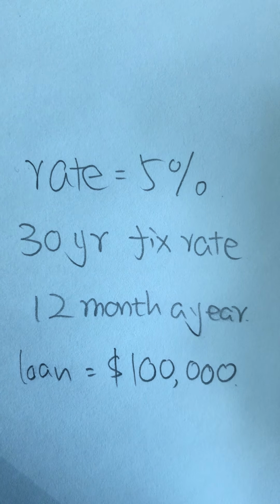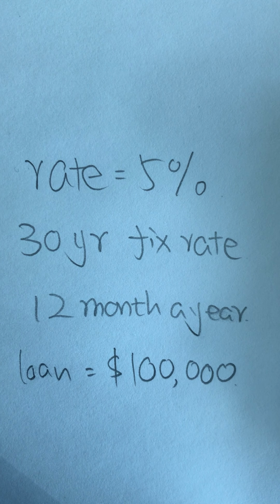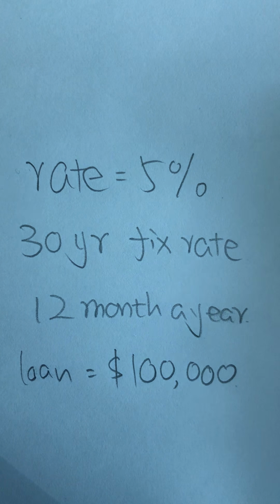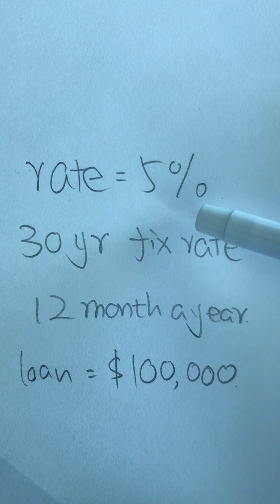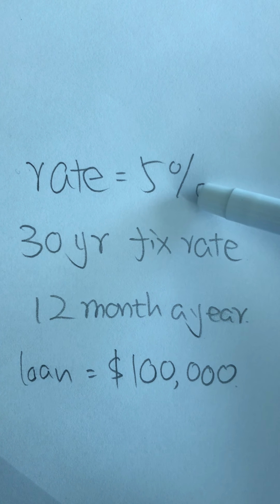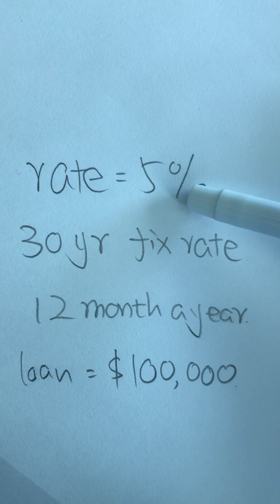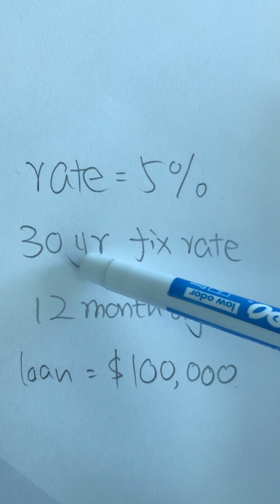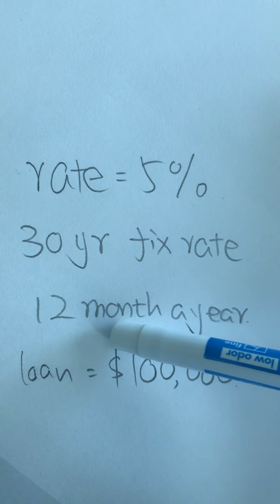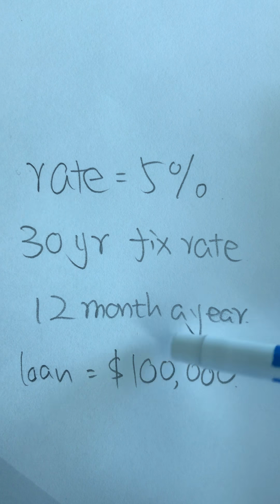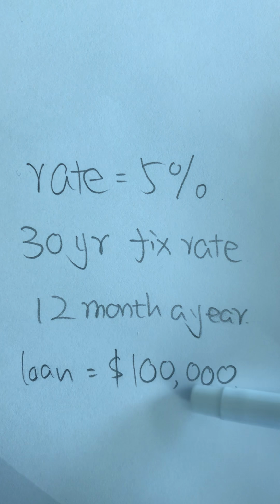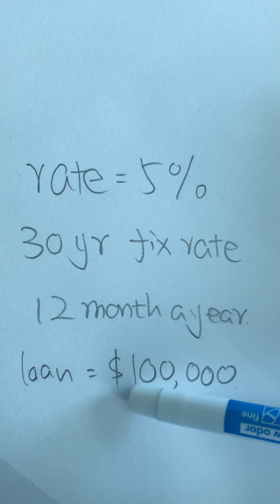So now we are going to calculate the monthly payment for a 30-year fixed rate mortgage. And as you can see, the annualized interest rate provided by the lender or the bank or the mortgage provider is 5% a year, and it's a 30-year fixed rate mortgage, and clearly we have 12 months per year, and the total loan amount is $100,000 US. So now we're going to use the calculator,